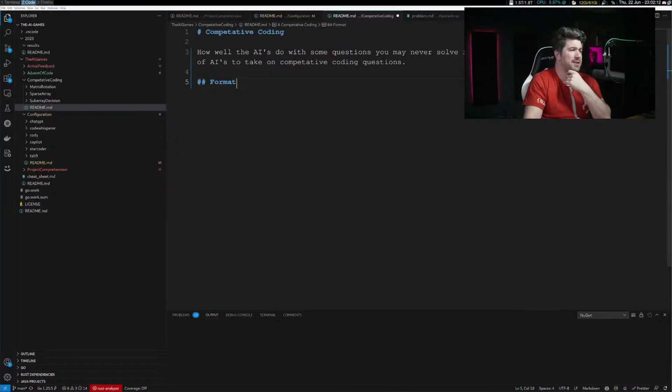Okay. I might do that instead of what I have, because right now what I have is too generic. I might keep one generic one, like "make me an EKS cluster." Let's see what it can deliver in that regard, but we don't need to do much more than that. So for these competitive coding ones,